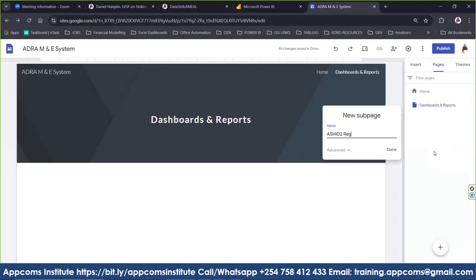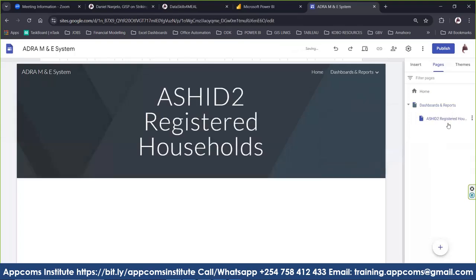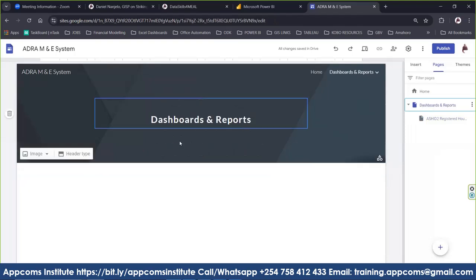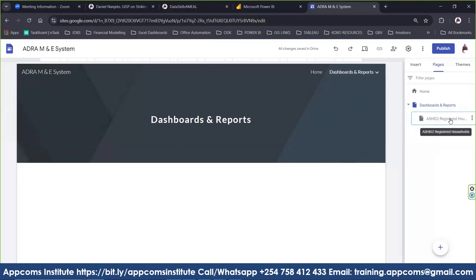We can call this registered households. Okay, call it done. It will add it there. So if you come here, you should be able to see something like this. Now, remember, this is still a page. That's why if you click here, it will take you to this page, but currently there's nothing on this page. So like for this Ashid 2 here,